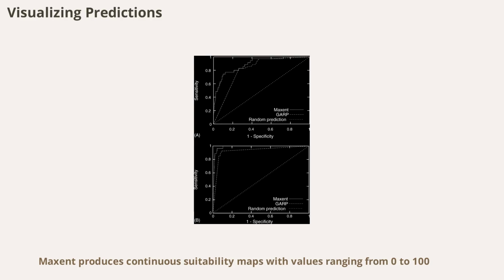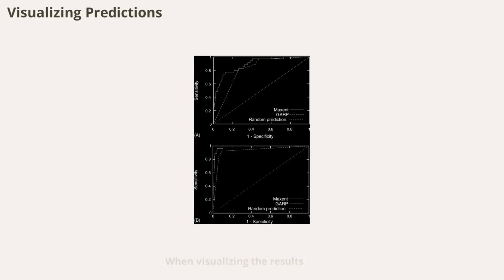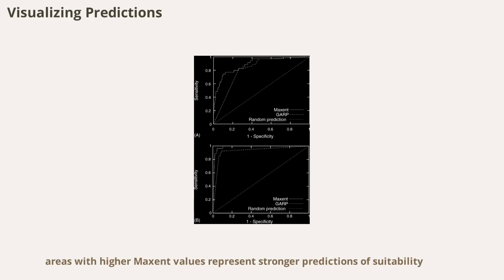MaxEnt produces continuous suitability maps with values ranging from 0 to 100, allowing for detailed interpretation of habitat quality. GARP, in contrast, generates discrete predictions indicating presence or absence. When visualizing the results, areas with higher MaxEnt values represent stronger predictions of suitability. This continuous output provides flexibility in setting thresholds and interpreting gradients of habitat quality, which can be especially useful for